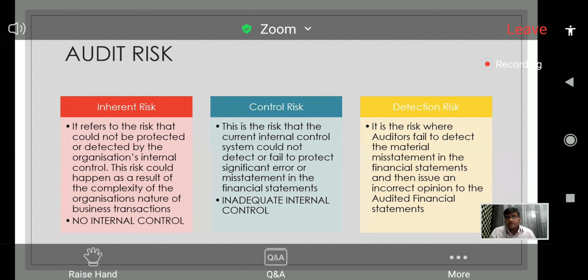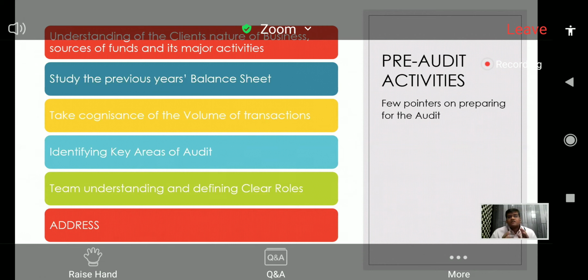Length of an audit engagement. Generally, whenever you are auditing for banks, the bank branch audit, one of the big constraints that we face is the time allocated. Very short time is allocated to us to ensure we have complete control over the audit engagement. So the length of audit engagement is also one of the criteria which may lead to detection risk. So these are some of the risks that we carry in audit, and hence we need to ensure that we plan properly. What are the certain pre-audit activities that we need to do?